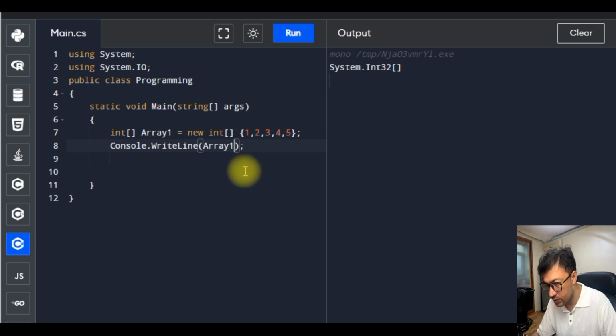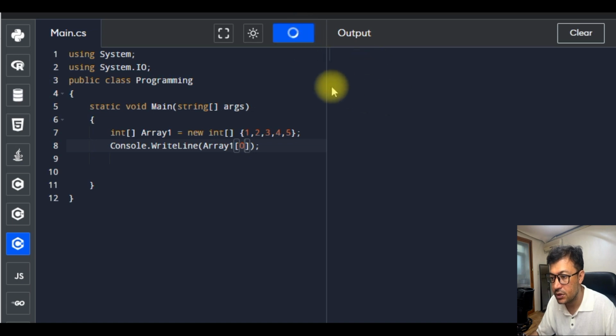But if I put some index here, like the value at index 0, then it produces this value, like 1. This is at index 0, this is 1, 2, 3 and the 4th index. If I have to display the data of the 4th index, then it will give me a result like this. If I have to display the result of the 1st and 4th index,